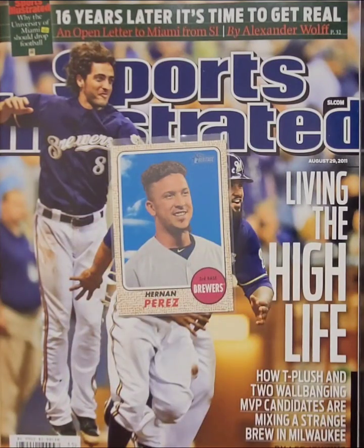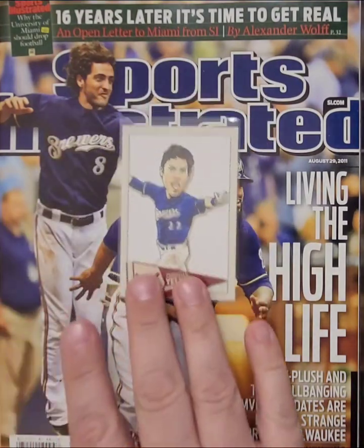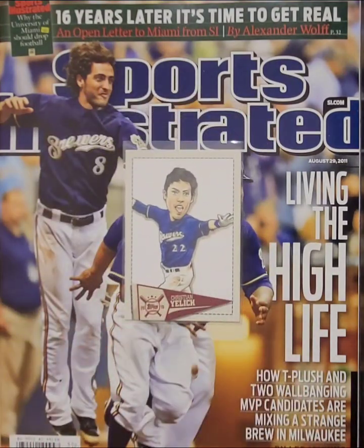This next card I really like a lot. This is from 2019, it looks like, Topps Big League Caricatures, Christian Yelich. And this particular pose that they drew the caricature of was after Yelich hit a walk-off. I don't know if they scored a fielder's choice or single, but it was a super important moment in the 2018 season, playing the Cubs down the stretch. The game was tied, bases loaded. I think there was one